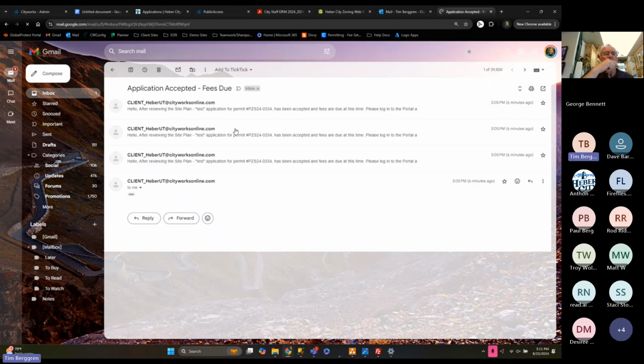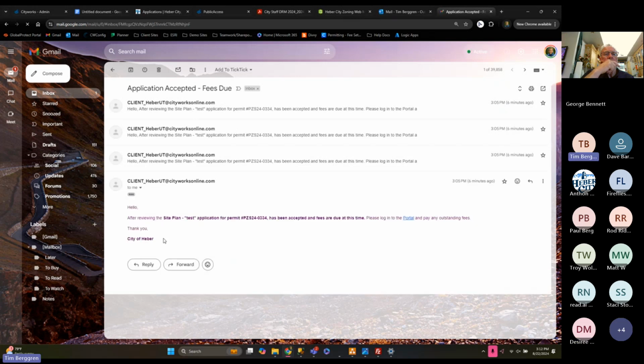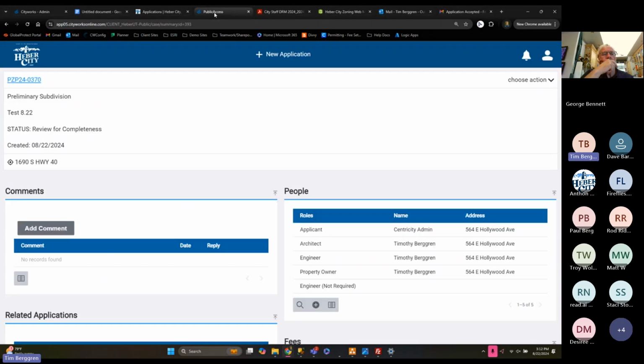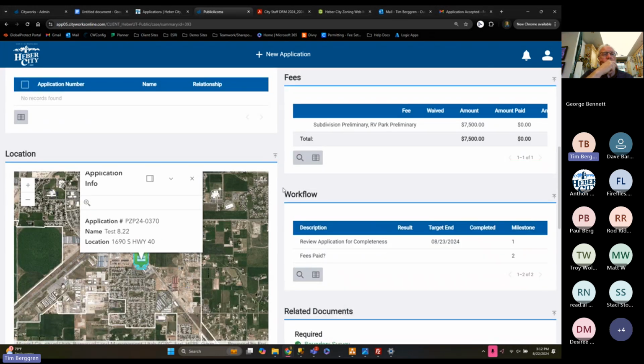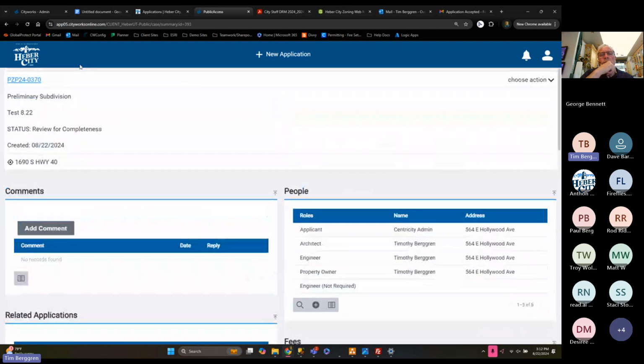So you'll get an email notification like this that says, hey, after reviewing the application, please log in, and fees are due at this time. So like I said, you will get notified throughout the process, right? There are, I think, 6 or 7 different notifications that are sent out. And if we were to refresh this,